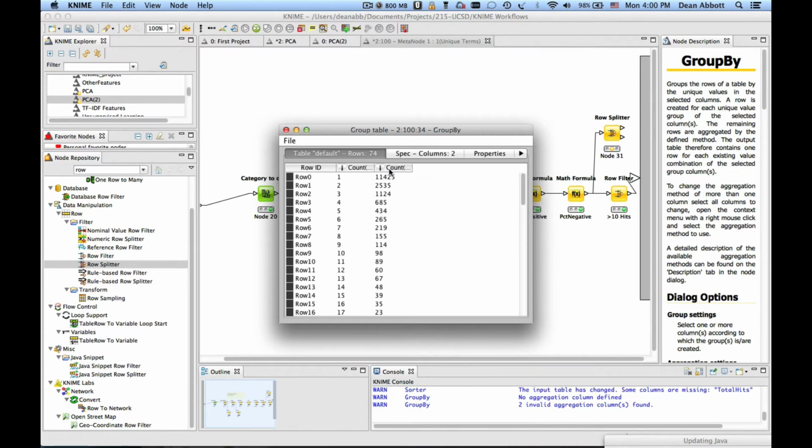Here's our group by table, and we can see from this when I count documents. We have 11,425 terms that occur only once in the data. So of the 17,000 terms that we have available to us, 11,000 occur only once. In terms of data reduction, this is an excellent candidate of terms to get rid of, because if